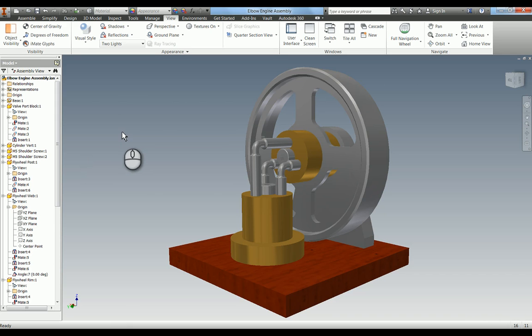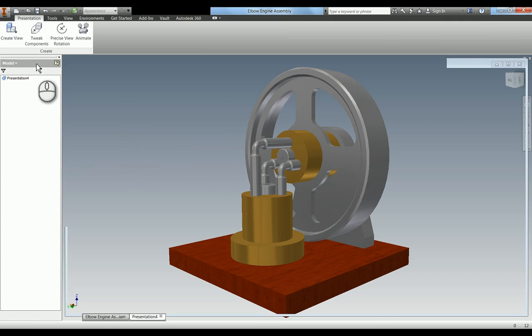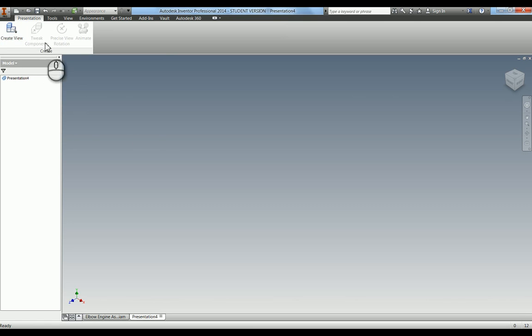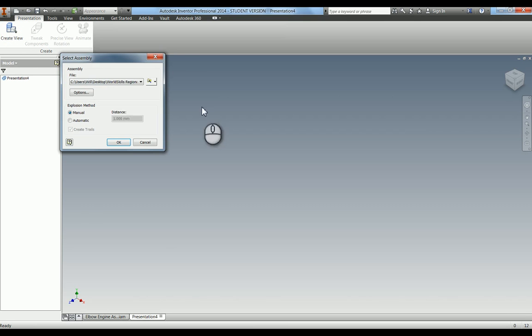I'm now going to go through how you would make the exploded view for use in the exploded drawing, as well as doing the animation. So the first thing we need to do is open an Inventor presentation file. And in here you only have a couple of options, so create view, and what it'll do is it'll open